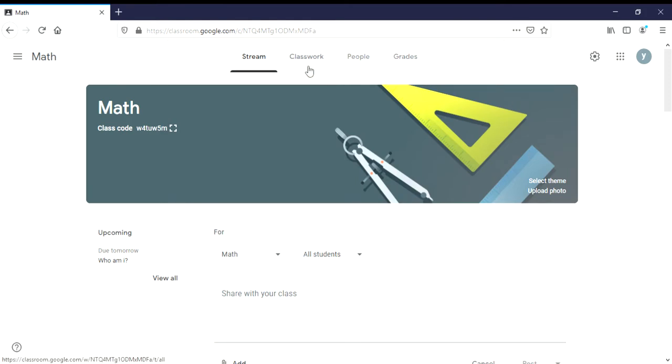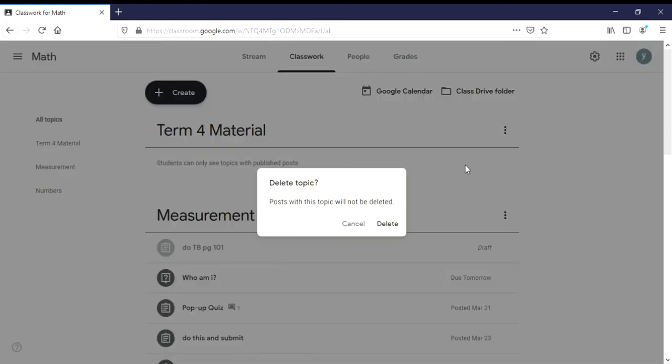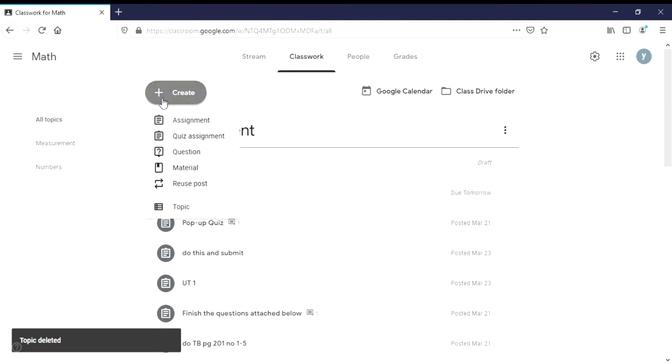So next is classwork. This is mostly where we will create assignments for our students. Let me remove this first. In the classwork, you will have 3 main features that you are going to use a lot. But before we go into that, I'm going to talk about topic.